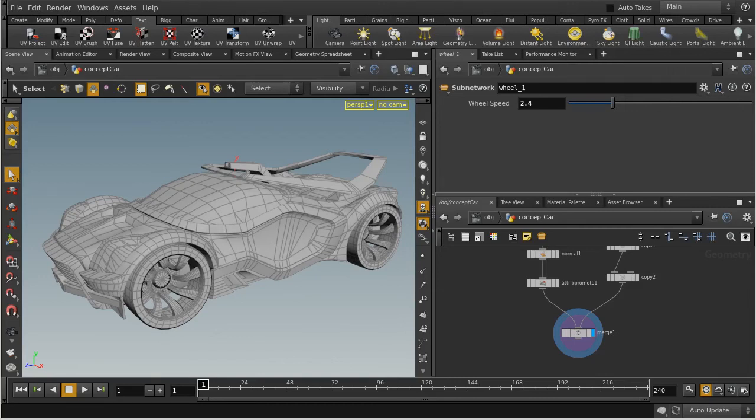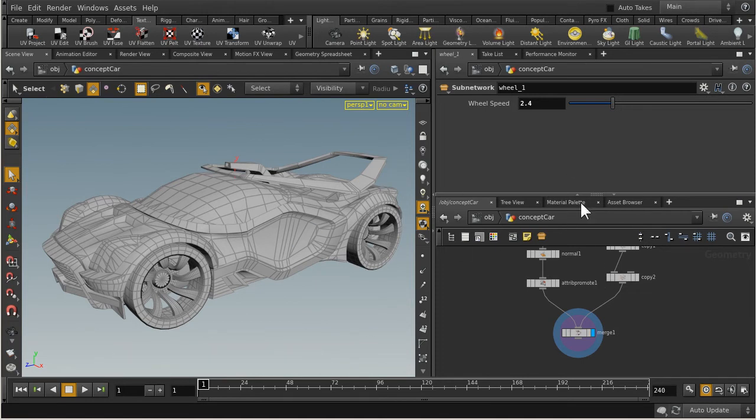In this lesson, we'll start the process of adding materials to our car. So here we are back in Houdini. We're picking up right where we left off with the last lesson. Houdini 15 offers an amazing library of ready-to-use materials. Now, in order to access this material library, all you need to do is come over to the lower right-hand